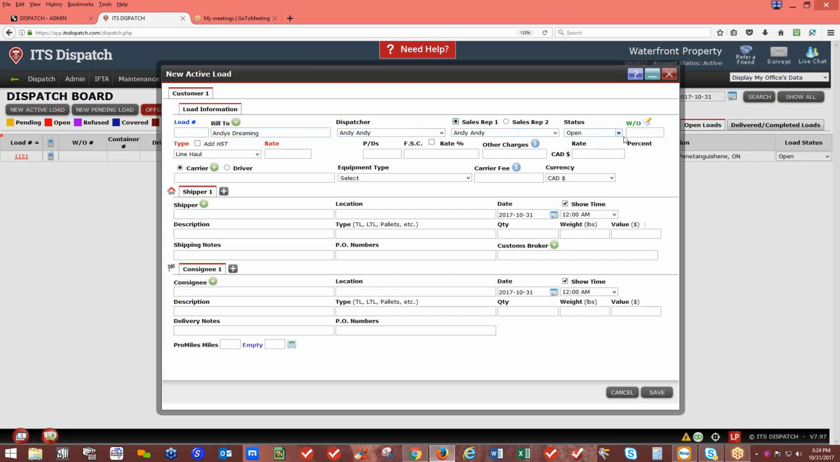WO represents a work order or reference number. So say Andy's Dreaming wants his load number or reference number to show up. Okay, I can put it in there. It's going to show up on a rate and load confirmation, and it's going to show up on an invoice for the load. Other numbers to the right of WO, if you hover your mouse over the pen and paper,